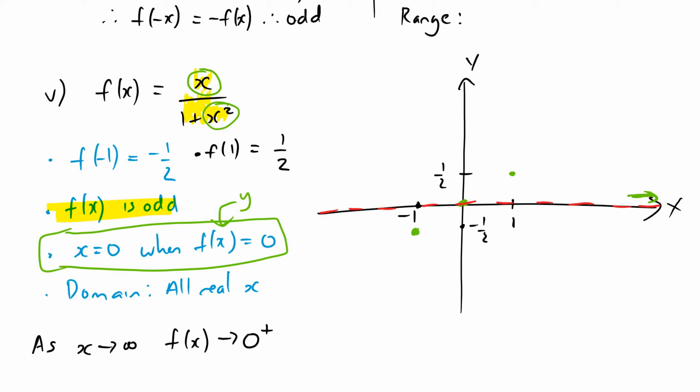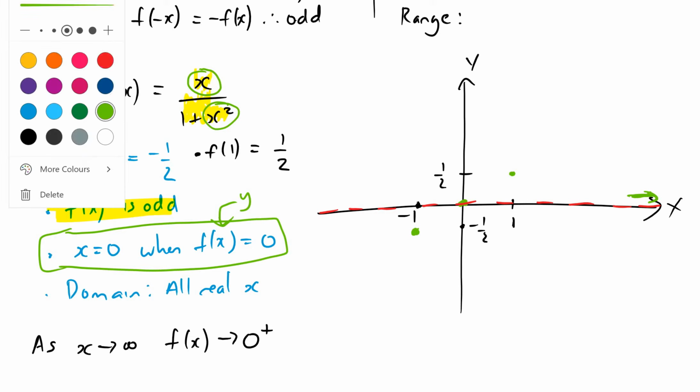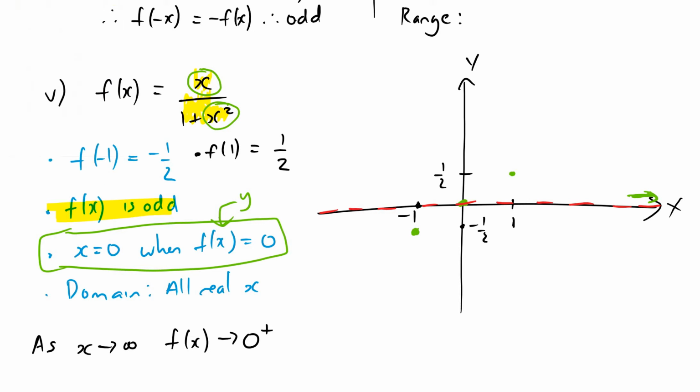Okay, so I know that, and that's actually all I really need now, because if it's an odd function, it means that it must do the exact same thing on the other side, but on the negative end, so the reverse. So it will actually approach 0 from the negative direction. So if you try subbing in x is negative infinity, so a very large negative number like minus 9999, you're going to get a very small negative number. It approaches 0 from the negative side. And so that's actually all I need